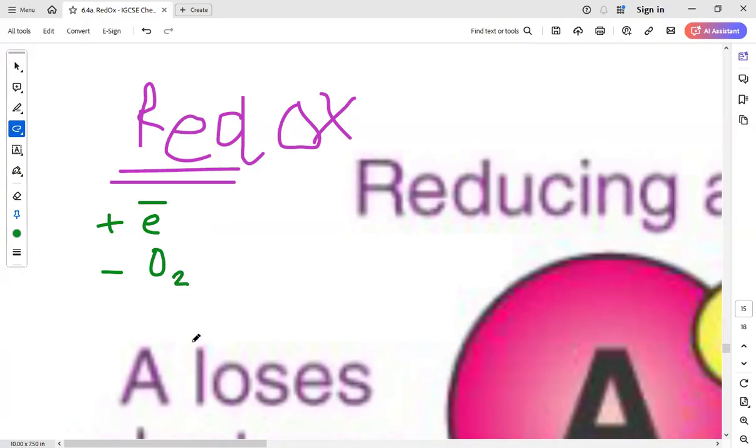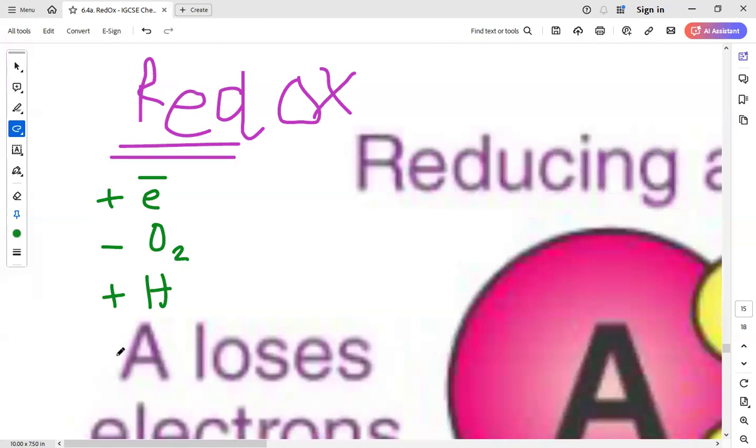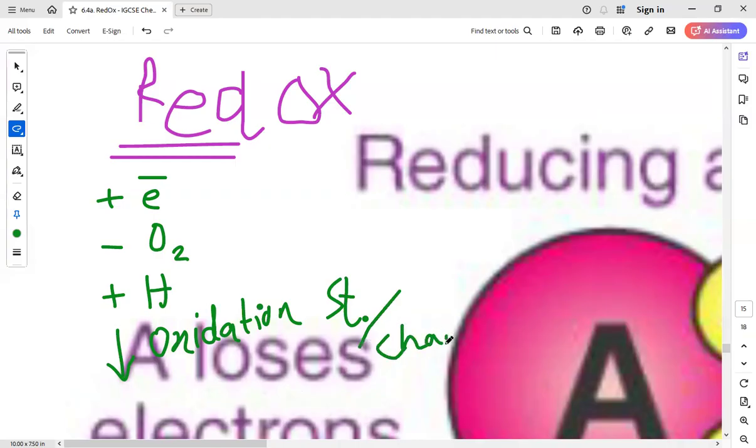Sorry, a loss of oxygen, gain of hydrogen, and a decrease in the oxidation state, I'll write ST, decrease in oxidation state or a decrease in charge,